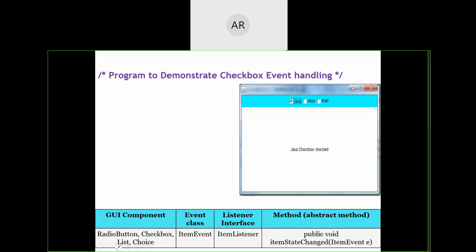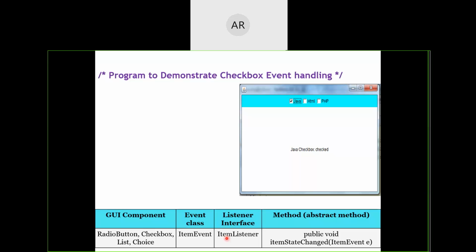For all these four categories of graphical components, the event class associated with it is ItemEvent. And the interface associated with it is ItemListener.